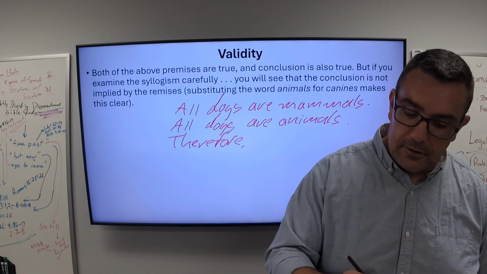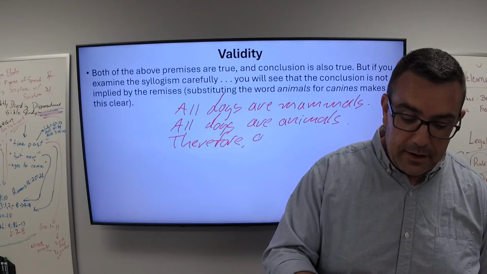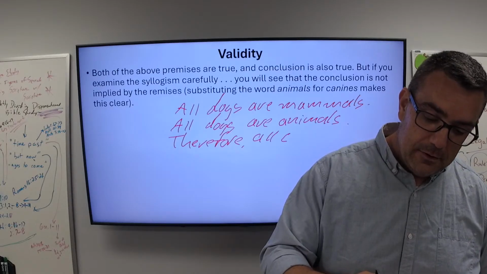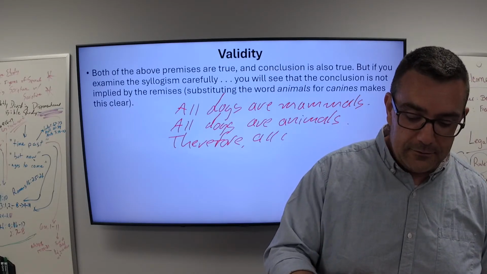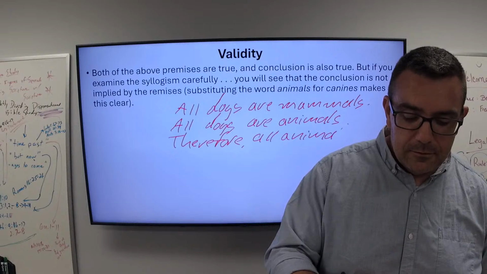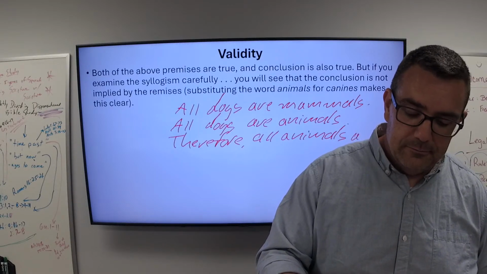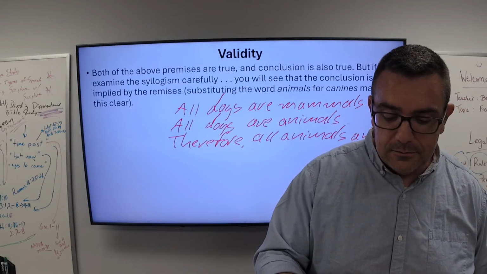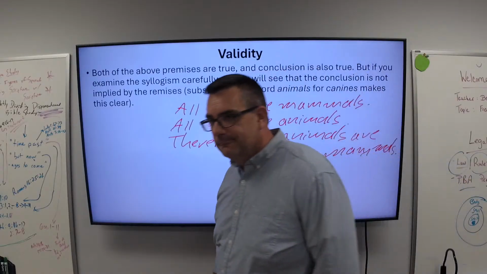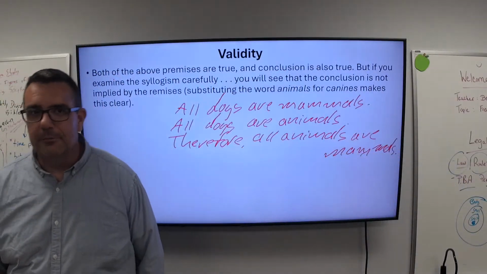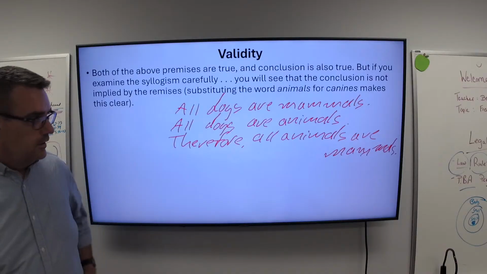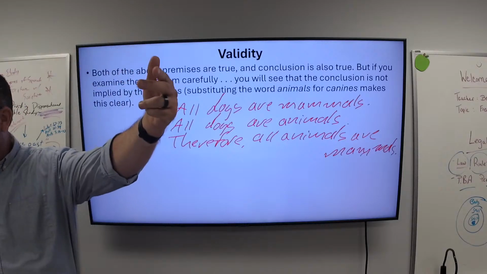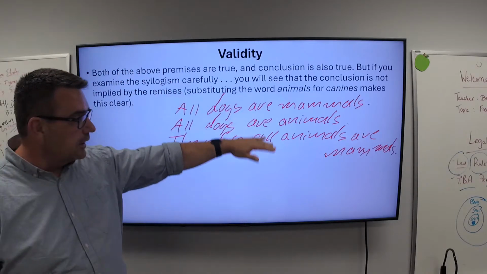or I could have just done the three dots. Therefore, all canines. No, wait, I've got to substitute, right? Therefore, all animals are mammals. Now, what's wrong with that? Not all animals are canines. Not all animals are what? Canines. So our original two premises were true and the conclusion was true, but was the argument technically